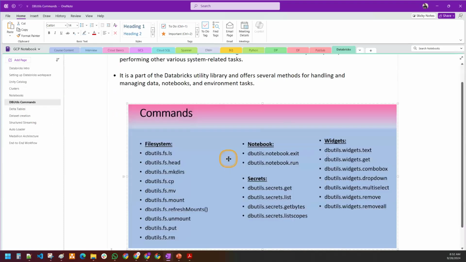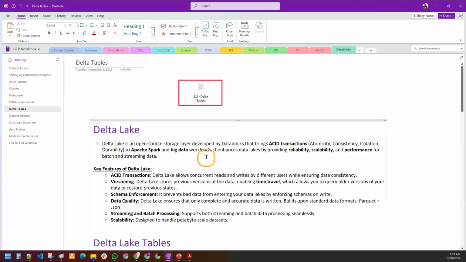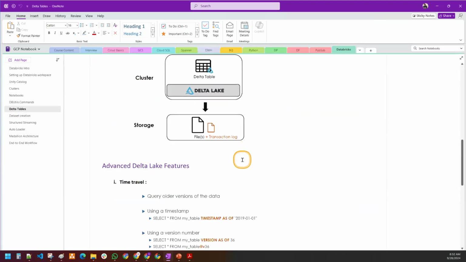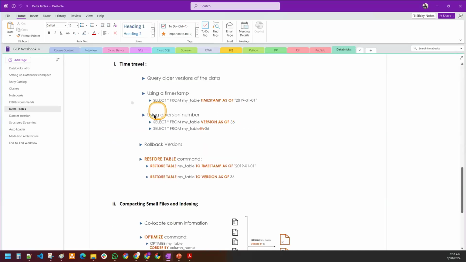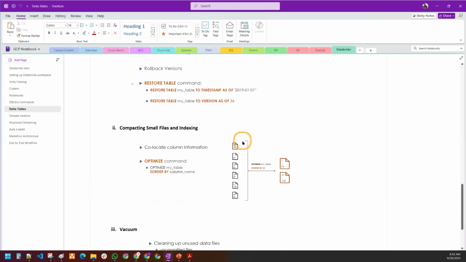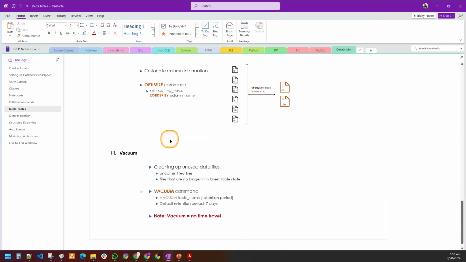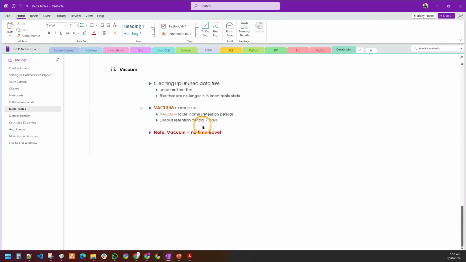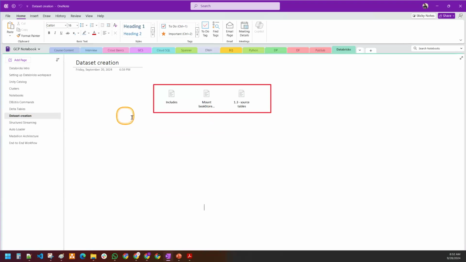DB utility commands, Delta tables. What is Delta Lake? What are Delta Lake tables? And what happens when you create a Delta Lake table? And advanced features like time travel, indexing and compacting the files, as well as optimize and vacuum commands, dataset